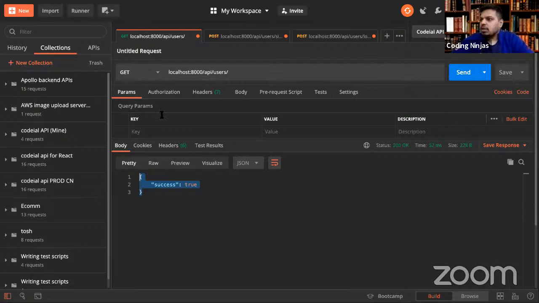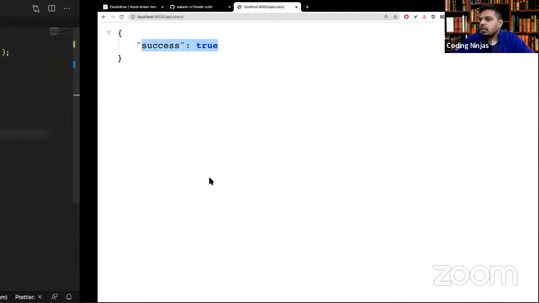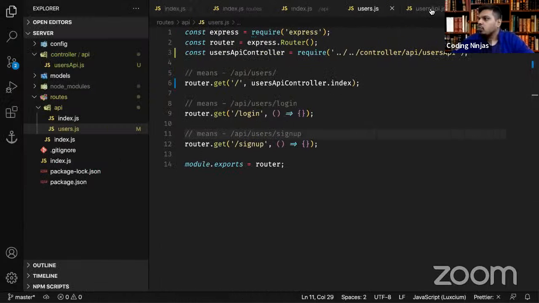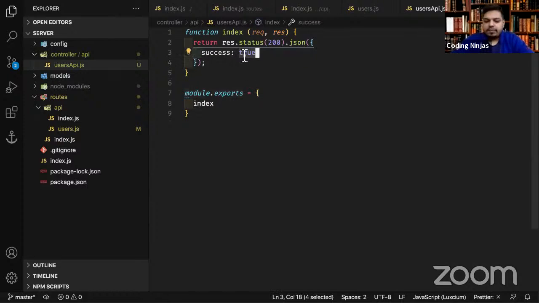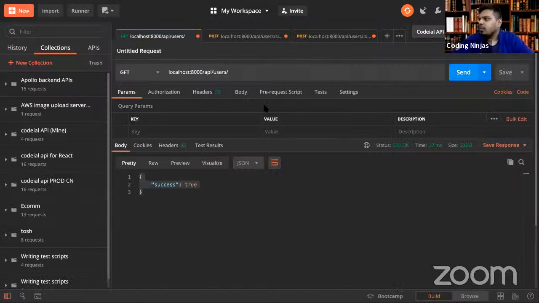This is the request, and this is a basic response which I'm getting from the server, right? If I change this to false, you'll see I'll get a different response. Now this is false, right? So using this Postman, we'll first test our APIs,